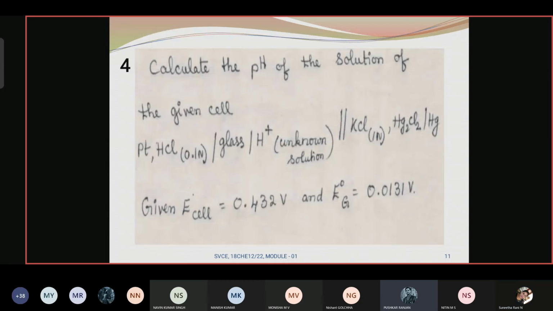Ma'am, the energy we have, E cell we have. So what is the value of ESCE? There I have written, see, one normal calomel electrode. That means one normal calomel electrode is what we have, that is the standard value. We should remember that calomel electrode value. See, if you have taken 0.1 normal calomel electrode, there is some other value. For one normal calomel electrode the value is 0.2810. This is the standard value.